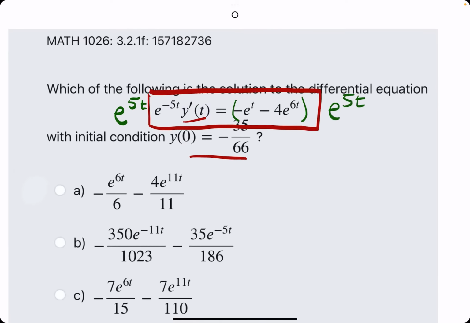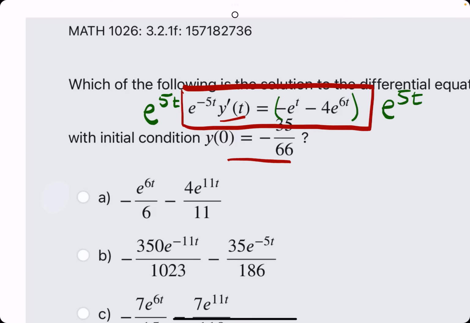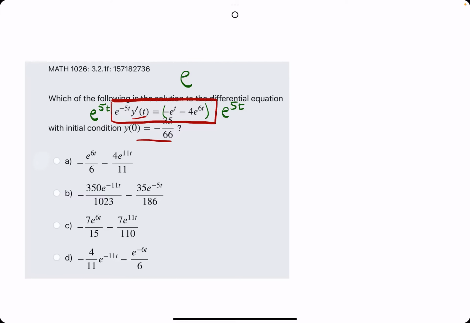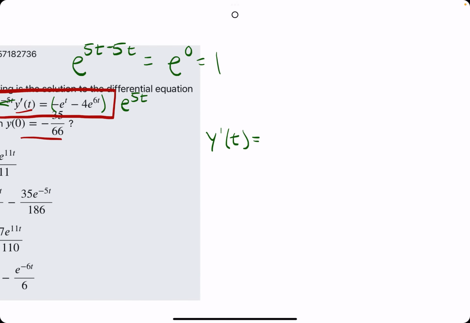In doing so, on the left side, when you have the same base and different exponents, you add their exponents. And so e to the 5t times e to the negative 5t is e to the 5t minus 5t, which is e to the 0, which is 1. So that's why they cancel each other out, leaving us with just y prime is equal to,